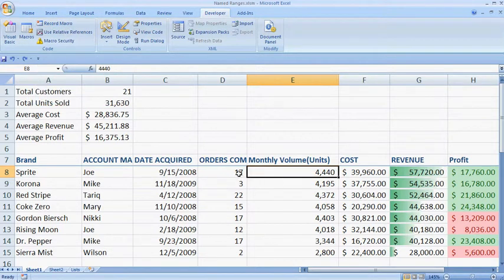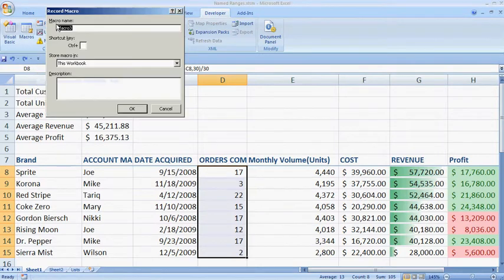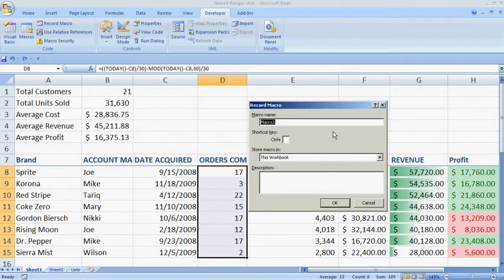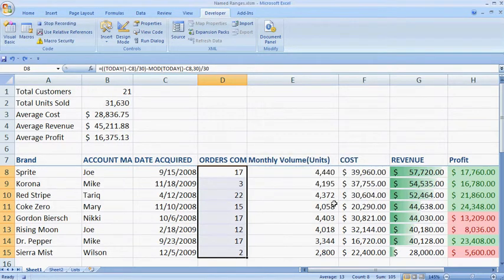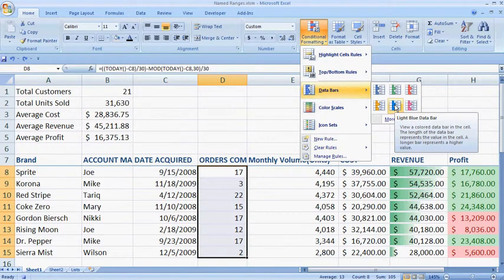So what I'll do, I'll first select the column of data that you want to apply the formatting to, and then click record macro, and this will ask me to provide a macro name. I'll just call it blue conditional formatting. One useful thing to do is whenever you're giving macros names, give them names that are sort of informative and